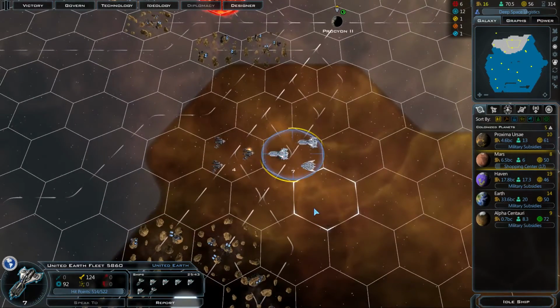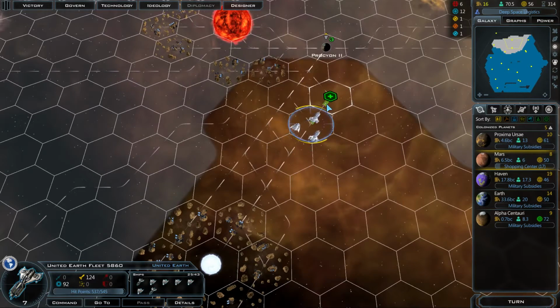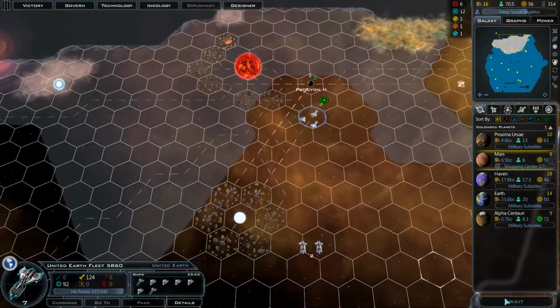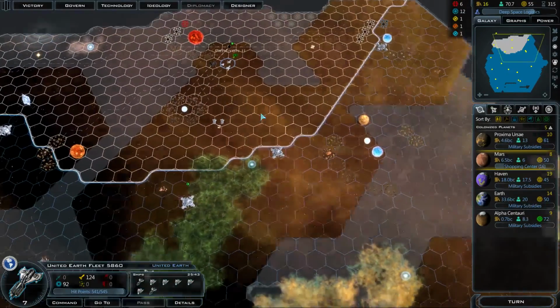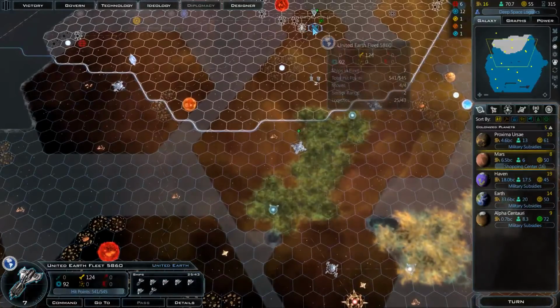Sadly for them, we can rebuild our fleets. They can't. I want you close so I can see wherever they build anything. So I believe they're now out of ships. We're now getting no income. But...